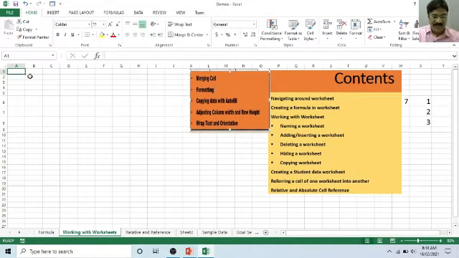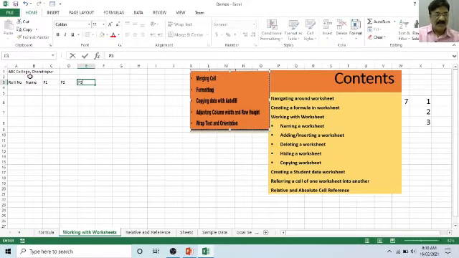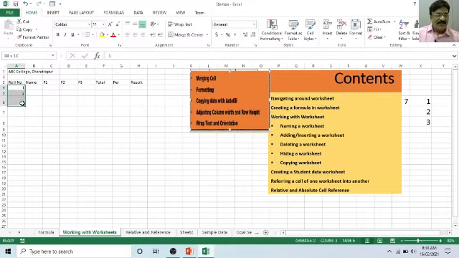For that purpose, we will take a very simple example: ABC College, Chandrapur. Assume we would like to have a roll number, then the name of the student, then marks of paper 1, marks of paper 2, marks of paper 3, then a total mark, then the percentage of the student, and finally the result of the student, whether he passes or fails. Enter the roll number, suppose 1, 2, 3, then simply select these three and drag them. This is your autofill.